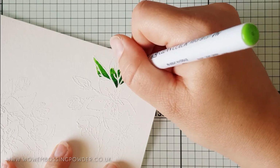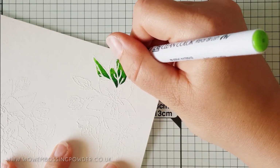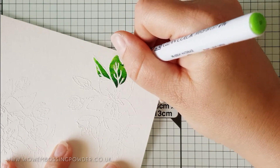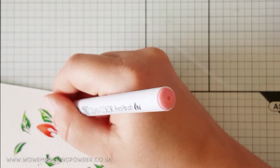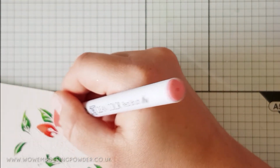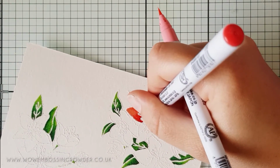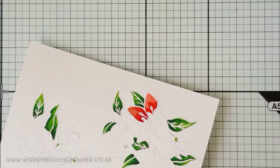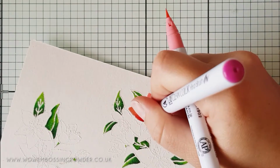I tend to lay the lightest colour down first and build up to the darkest colour before then going back and blending the colours out again to the lightest colour. You could do it the other way, it's whatever you prefer. After all the leaves were coloured, I'm colouring the florals in a lovely coral red colour combination. Again, I've started off with my lightest colour and then added the darkest colour in the shadows to blend out